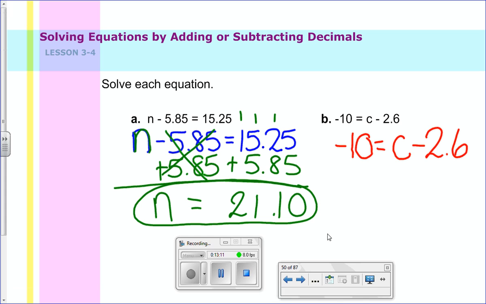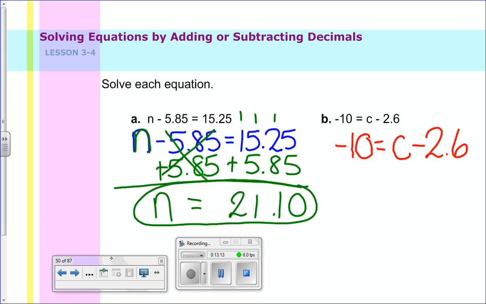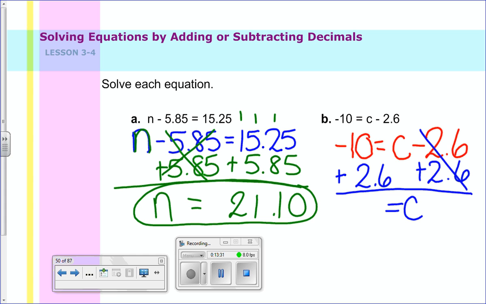All right, let's check B. So on this one, as I said before, my variable is C. So I take a look on the side that has C. And on that side, there's minus 2 6/10. Well, to get rid of that, I add. All right, and I know I'm left with C is equal to,